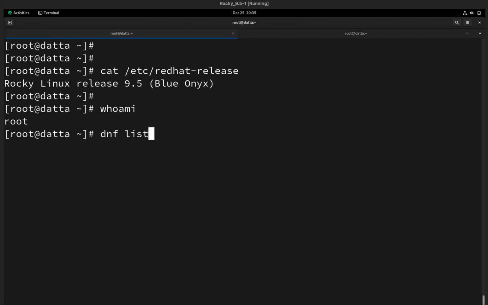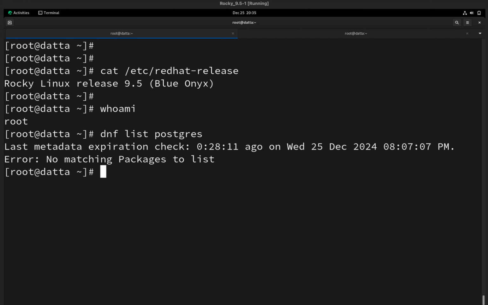So I'm going to list all the Postgres packages using DNF. When I do this, it will list the packages matching this keyword. It will also tell whether it is installed or not installed, right? So there are no packages matching Postgres. Let me